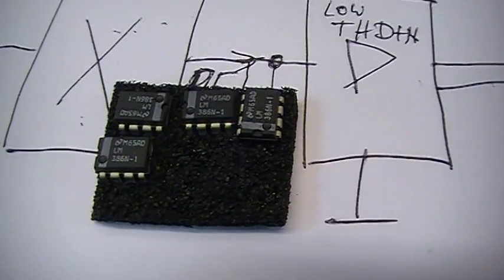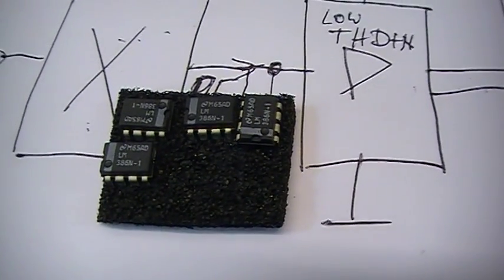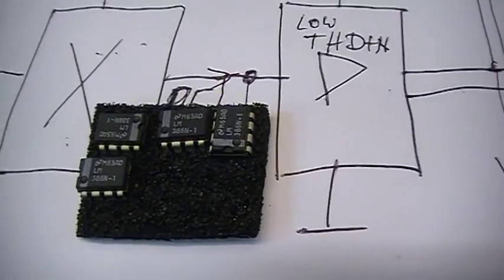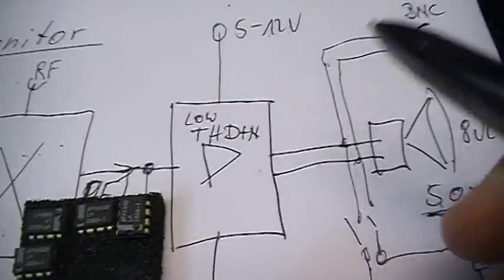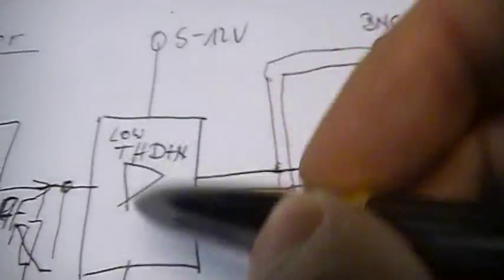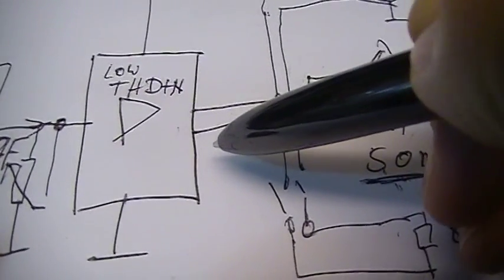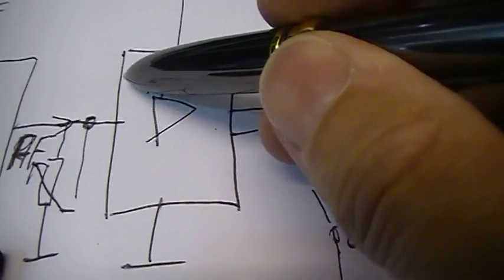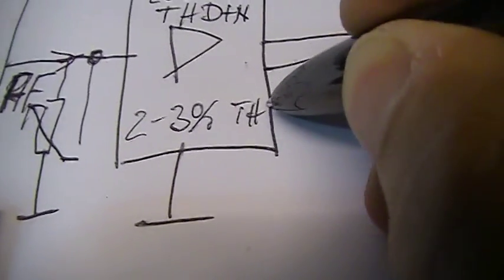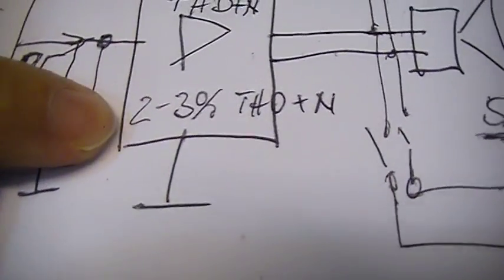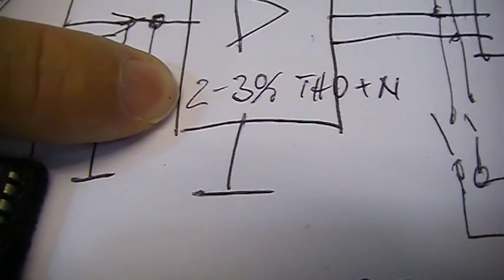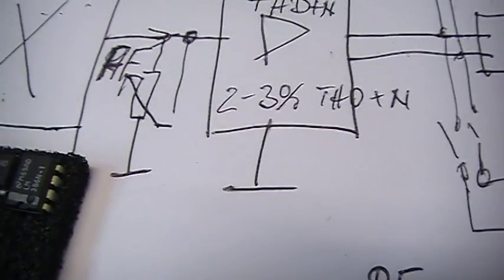Our old tube radios did also have something around 5% THD. So we should be at least a bit better than 5 or 10. So the requirement should be, let's say, between 2 and 3% THD plus noise. So that should be the requirement, that our signal is clean and pure enough that what we can finally hear on our speaker is really what the transmitter